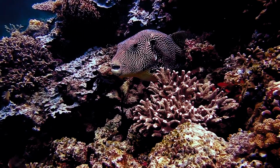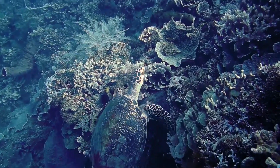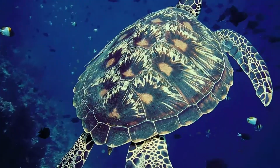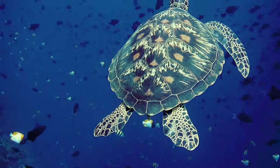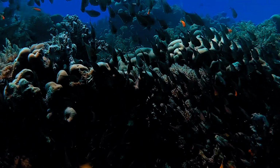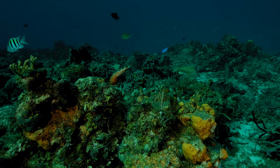People are realizing that the existential threat to reefs is actually climate change, and that as the Earth continues to warm, coral reefs may in fact be the first ecosystem that we lose as a result of climate change. So there's been a huge effort to try to develop and test interventions, ways in which science can be applied to reef restoration to try and increase the thermal tolerance of these reefs and give them a fighting chance of